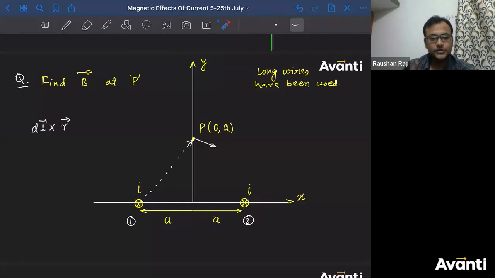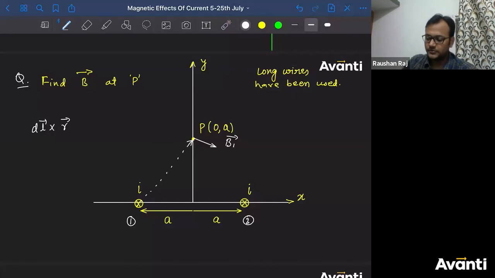समझ में आ रही बात? You cannot get a magnetic field line which will be parallel to DL. That means that is incorrect. If you are saying out of the plane, then also I'll say the angle between DL and B will be 180. That is not possible. Angle between DL and B should be 90 degrees. This is the property of cross product, right? So the magnetic field line because of this will be here. So B1 ऐसा कुछ रहेगा.